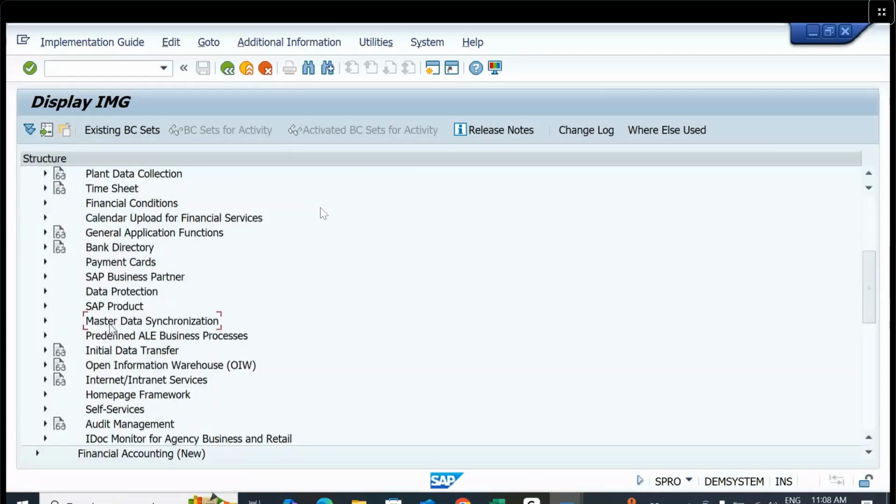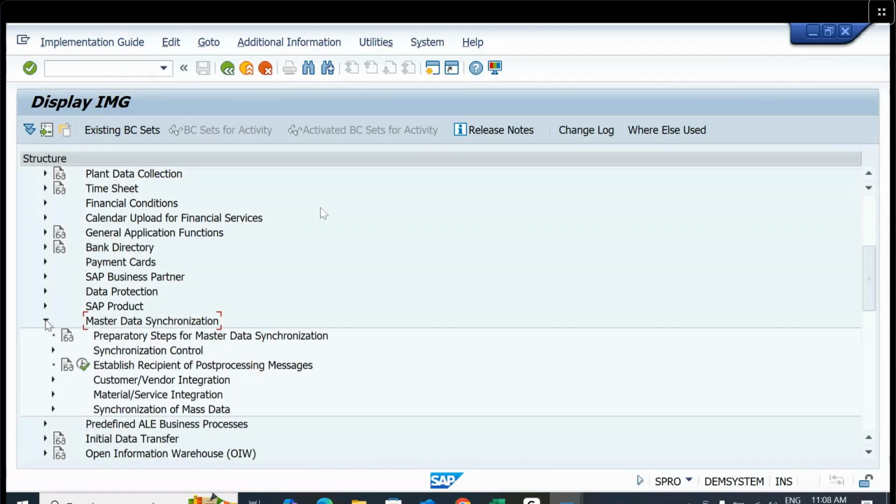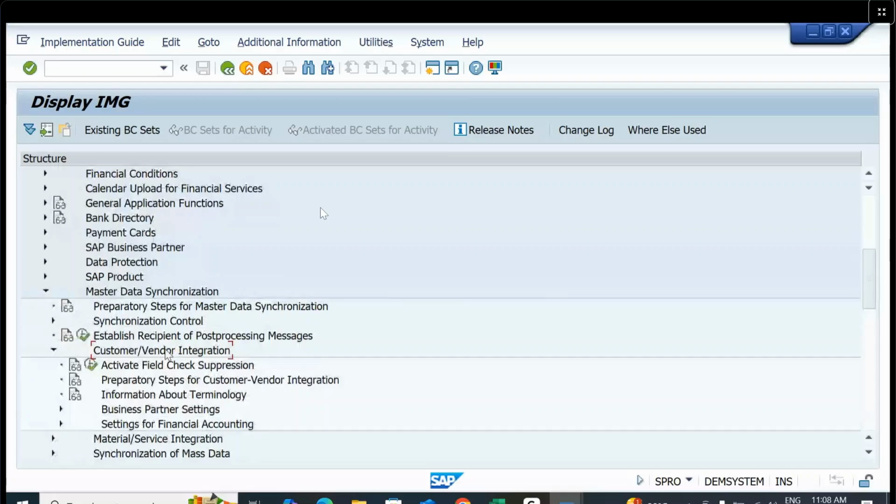After that, master data synchronization, customer vendor integration, business partner settings,